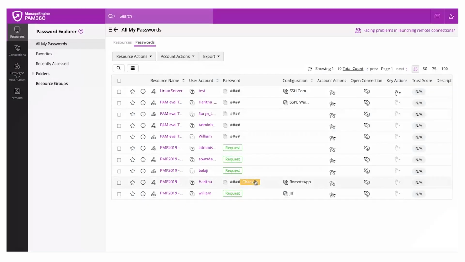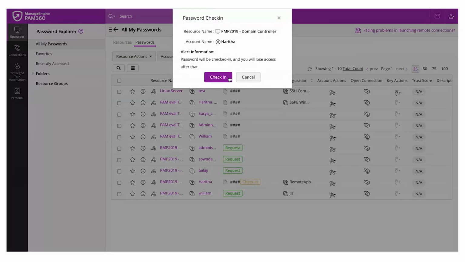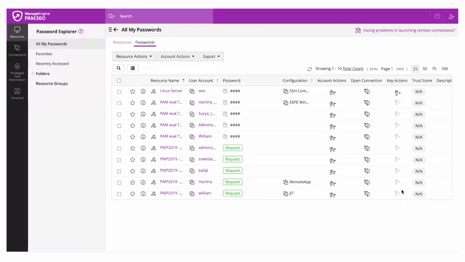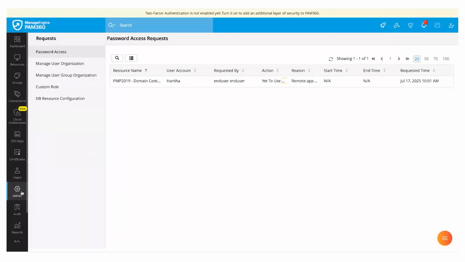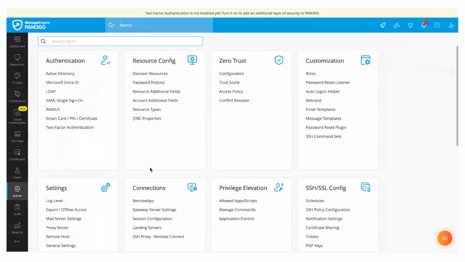Now I've logged back in as the user here, and I'm checking out the password. So this way you can enforce app only access to your users. You can also enforce application and command control, which we'll see right away. But before going to application and command control, let me show you how this remote app even works. Now moving back to the administrator console to enable remote app for your applications, under